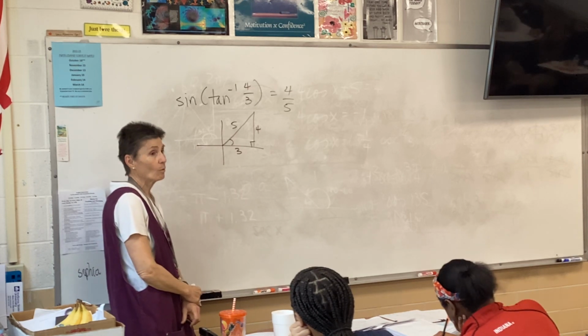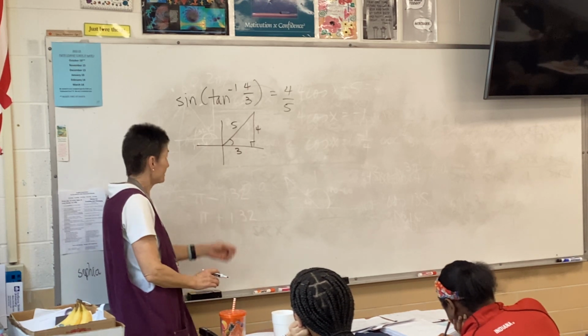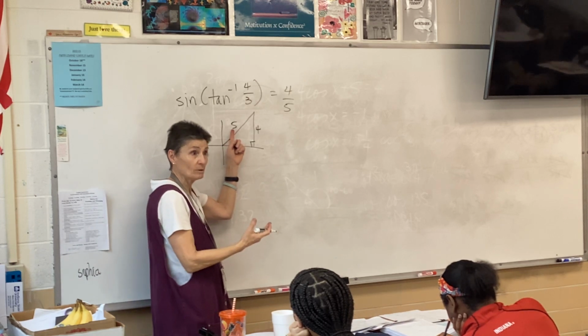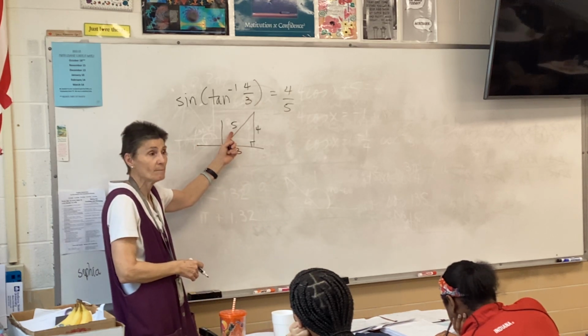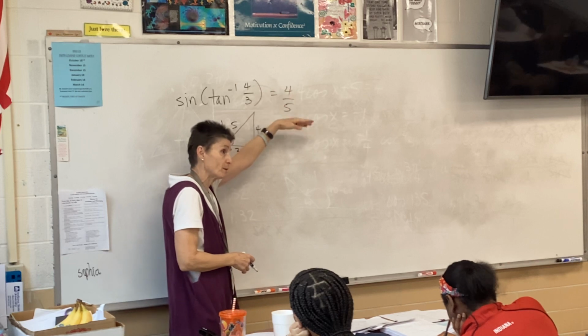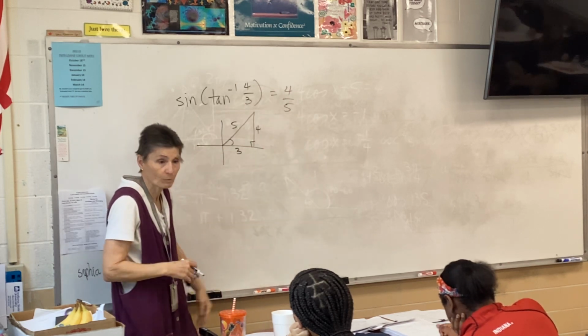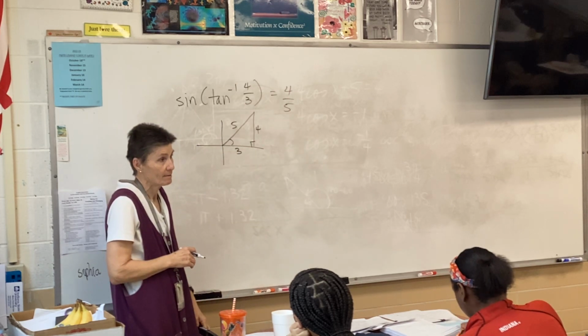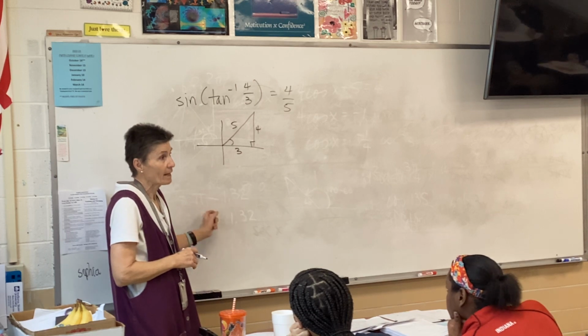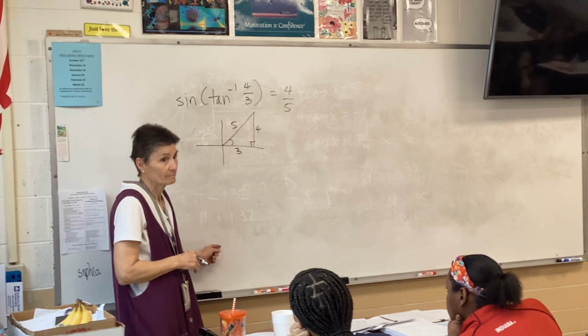Now, the numbers aren't always going to be so lovely. Do you understand it's possible to get a radical here, obviously, if I'm doing the Pythagorean theorem? So my answer may not be pretty like that. It might be 4 over root 17 or something like that. Got it? All right,